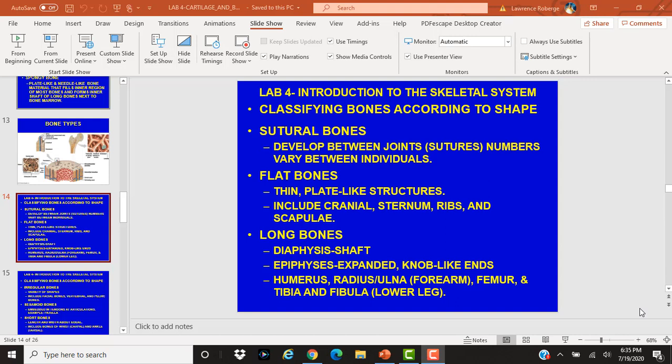Long bones. Now, long bones are a little bit different. They're basically longer than they are wide. That's one way to think about them. You have the diaphysis, which is the shaft part. You have the epiphysis, which is the expanded knob-like ends. Common examples of this type of bone include the humerus, the radius and ulna, which are part of the forearm, the femur, the tibia and fibula of the lower leg. Okay? And as we move on,